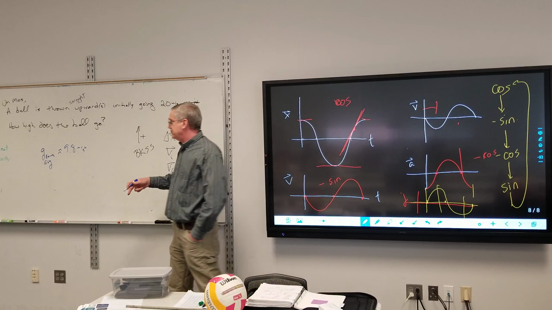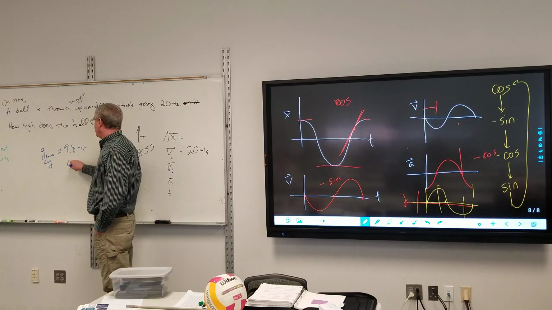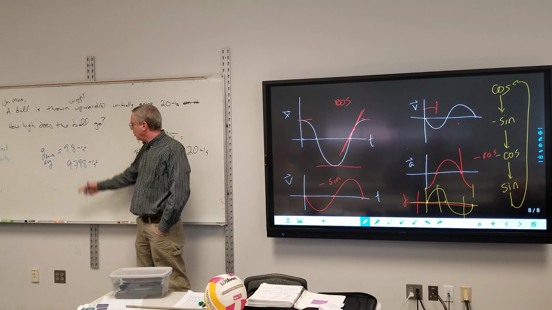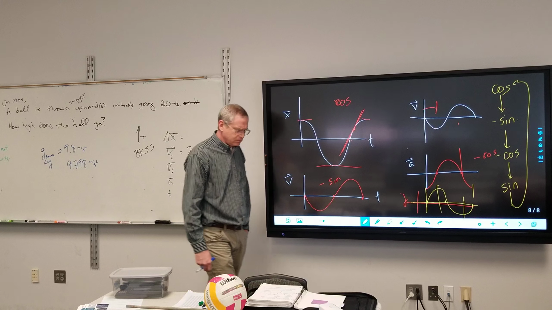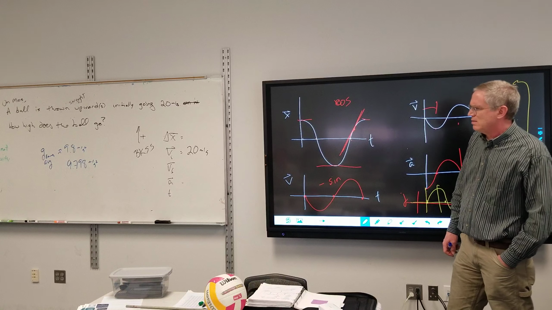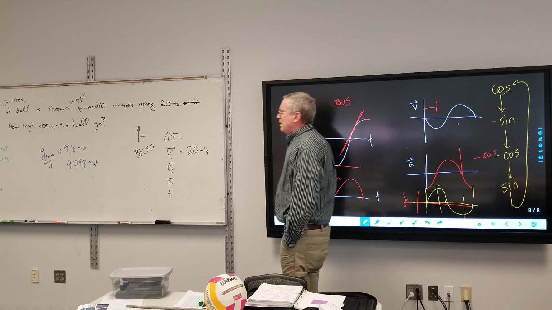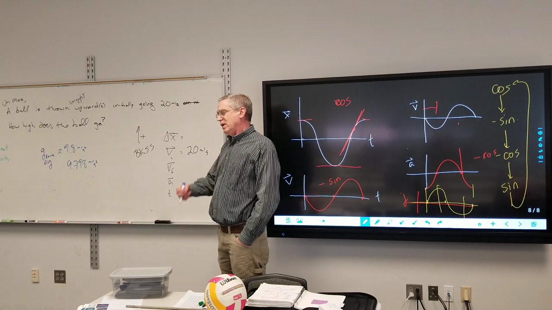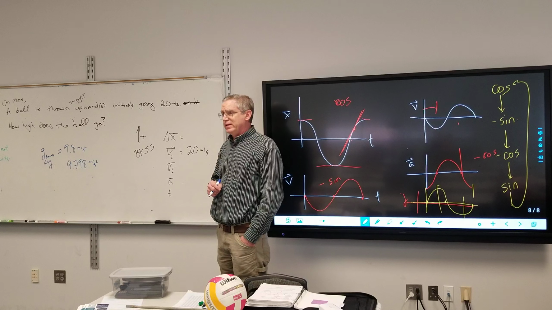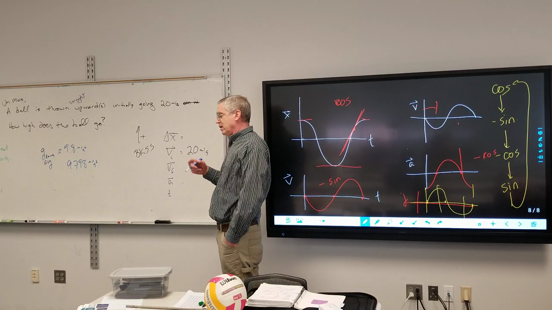In Winston-Salem, it is 9.798 meters per second squared. I think Rome is 9.8. I think Mexico City is 9.78, something like that. So it is not a constant. It does depend upon where you are. Matter of fact, if we were doing